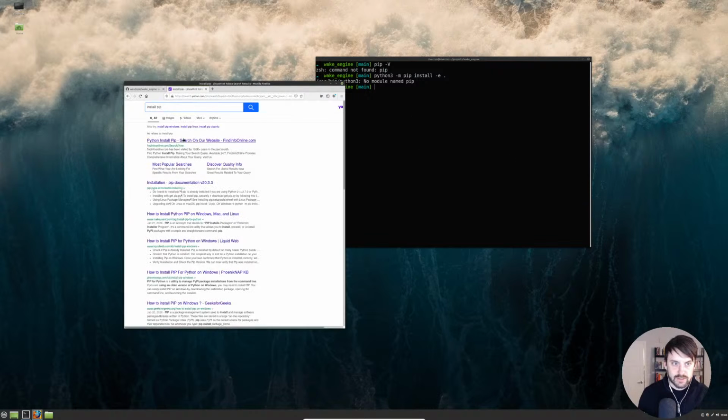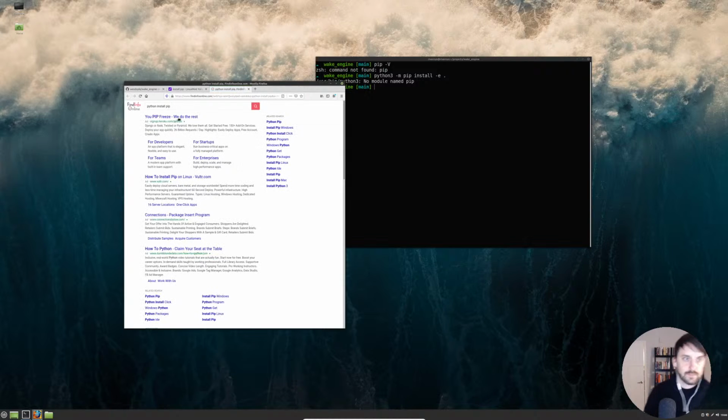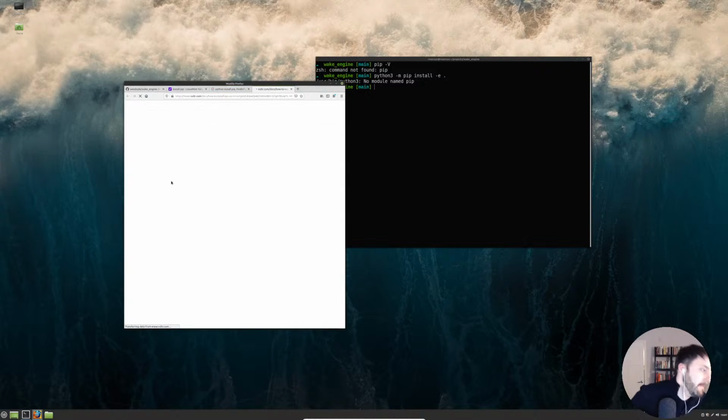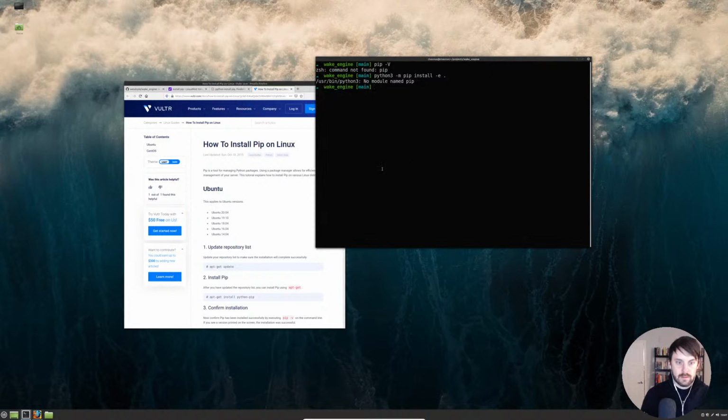And I realize the resolution is whack right now, which I'll fix momentarily as well. Cannot obtain lock file, unable to, oh my gosh.